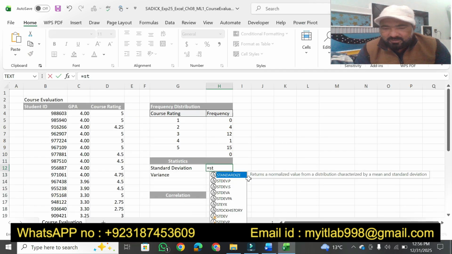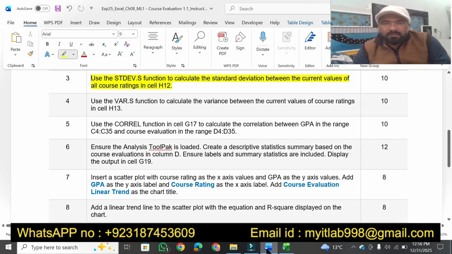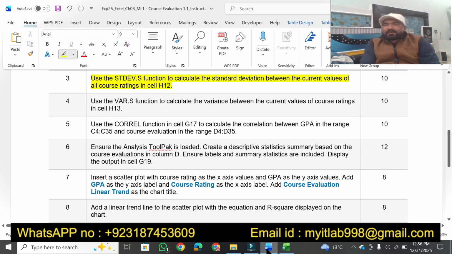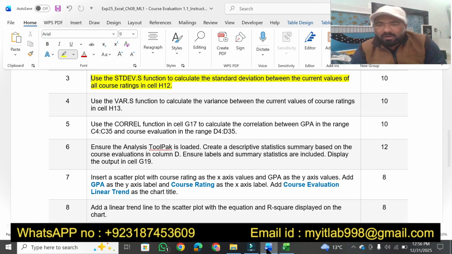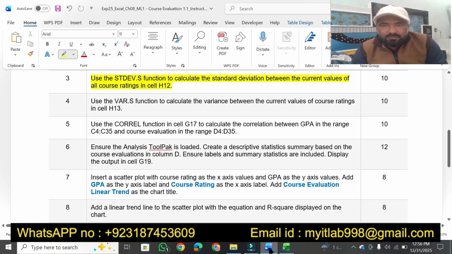Okay, this one. Now, what range do we have to use? We have to calculate standard deviation between current values of all courses. Current values. So we have to